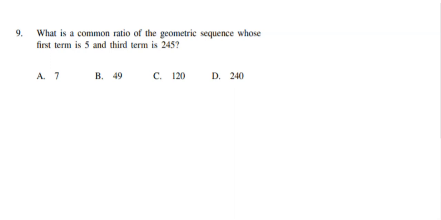So in this first problem, it says, what is the common ratio of the geometric sequence? Because we are dealing with a geometric sequence, we are always going to have a common ratio. Arithmetic sequences have common differences. Geometric sequences have common ratios. The way that we determine this common ratio is we always take the right number, dividing it by the number on the left,